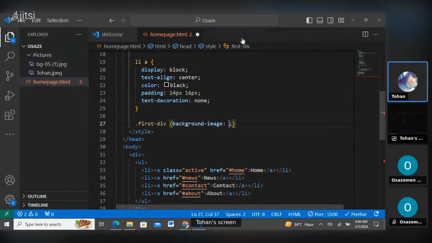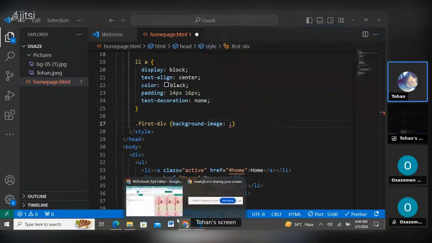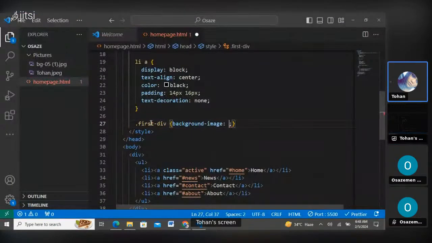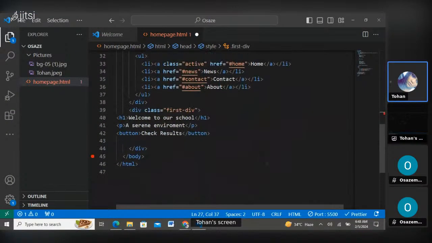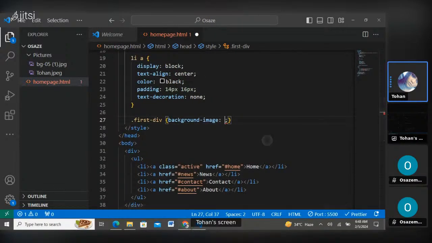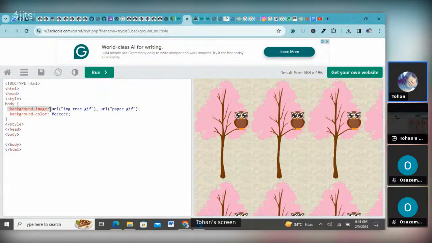Image. Okay. And am I getting this right? The name of your class is first div. Yes, first div. That's what I put now. Okay. First div, right? Let me see. Yes, now. So the background image, after you've selected background image like this, you are to let me just